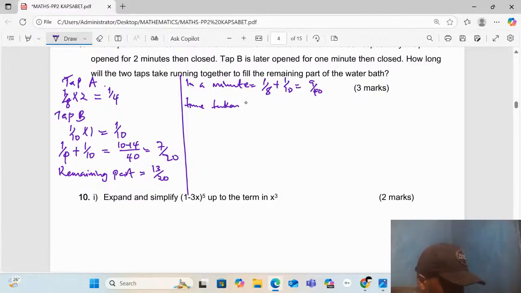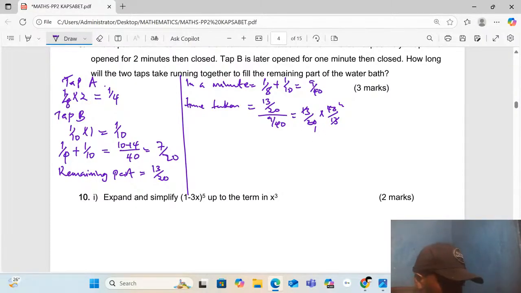Taken will be now 13 over 20, that is the remaining part. Now we divide by 9 over 40. We have 13 over 20 times 40 over 13. So we have 13, 13, 20 here, 20. Sorry, 13. 9 over 40. Then,